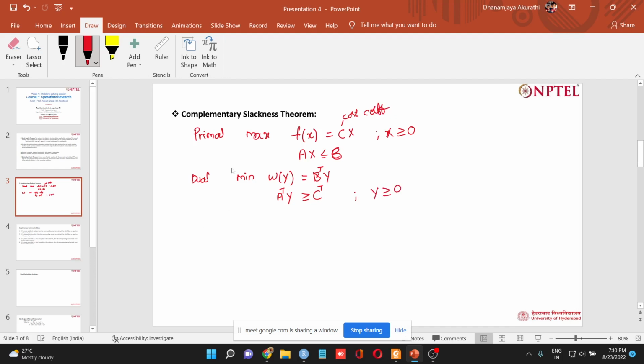In this type of primal and dual problems, suppose that x naught is a feasible solution to the primal, and y naught is a feasible solution to the dual. Let us suppose we have these two. Then the complementary slackness theorem states that